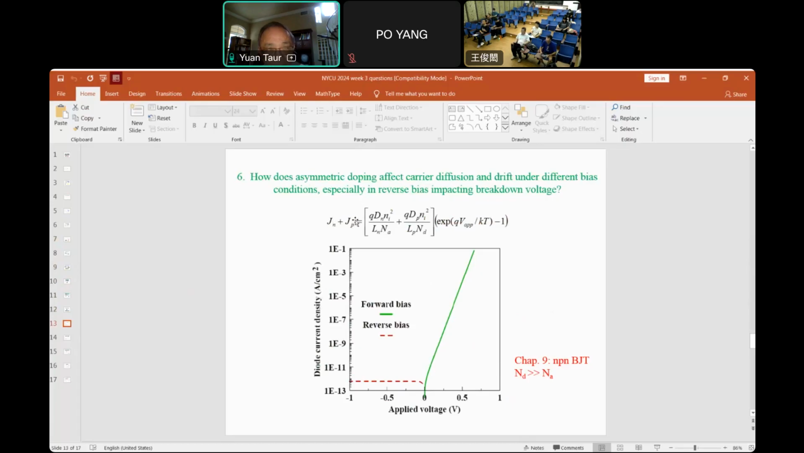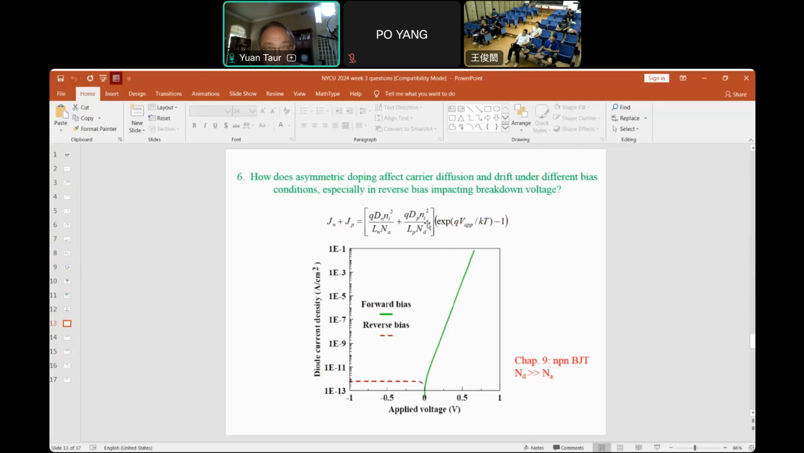Hole current is proportional to Ni squared over Nd. Now for N plus P, the electron density is inversely proportional to p-type doping, so it's high. But hole density is inversely proportional to n-type doping, which is very high. So Jp is low, and that's how we make a current gain in NPN, to try to utilize the difference